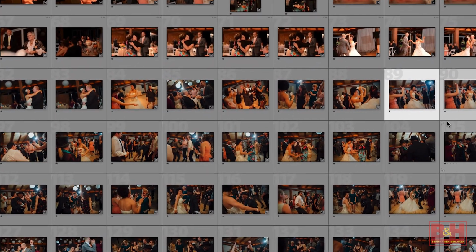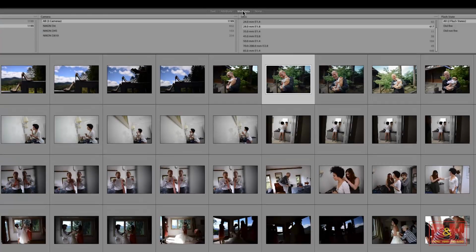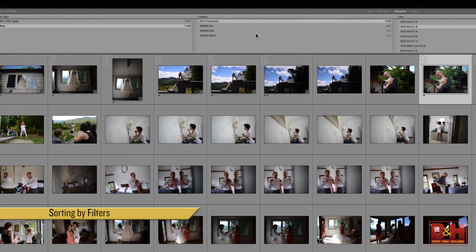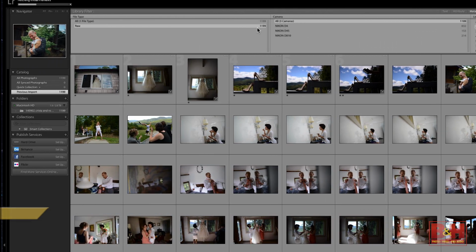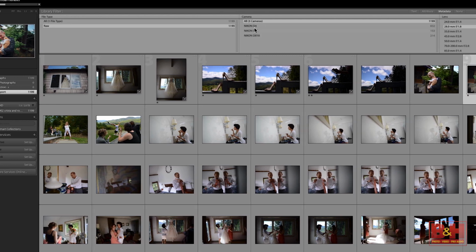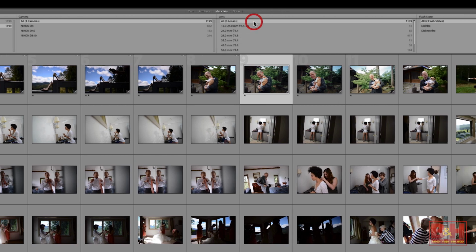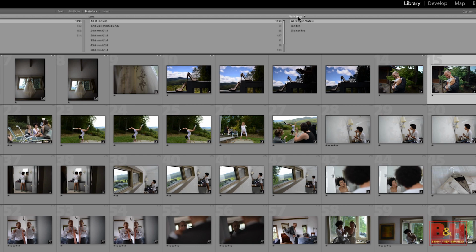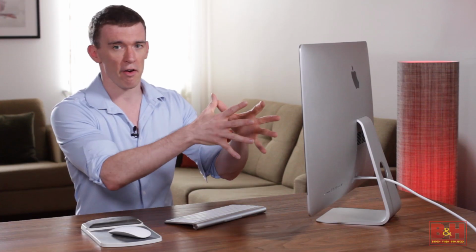So one of the things that I found is really helpful for that is I use the metadata panel here. There's a lot of different ways that you can sort images. Here we've got them sorted by file type, they're all raw, sorted by the cameras that we shot them with, sorted by lenses even, you can see all the lenses here. And the last thing that I do is I'll sort by flash state,